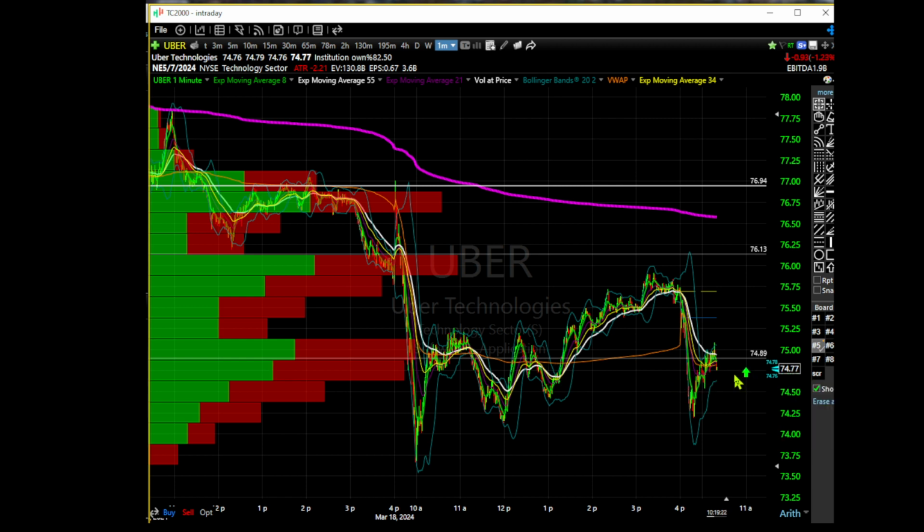I'm not going to buy Uber and think that this is a break and a reclaim yet because we haven't reclaimed. If I was a short bias trader on Uber and I wanted to short this, I would be more willing to short here and say, all right, prove to me that you can get back above yesterday's close, right? So I would tier in. I'm going to short here at 75. I'll short again at 75.50 and I'll short again at 76. If you get over 76.13, then I'll be wrong and I'll stop out and I'll look for a long, right?